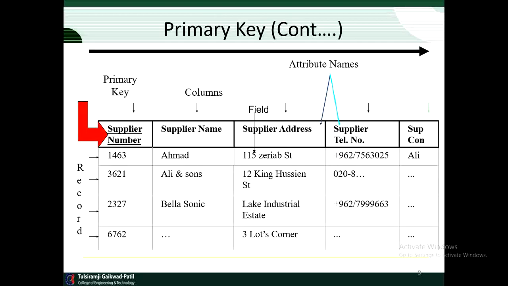So this is an example of the primary key. Here you can see that supplier number is a primary key. All the fields are there in which data attributes and data are available, but supplier number has a unique number for that supplier. There will be no duplicate copy of that supplier number. No two suppliers will have the same supplier number. So a supplier will be identified uniquely on the basis of its primary key.